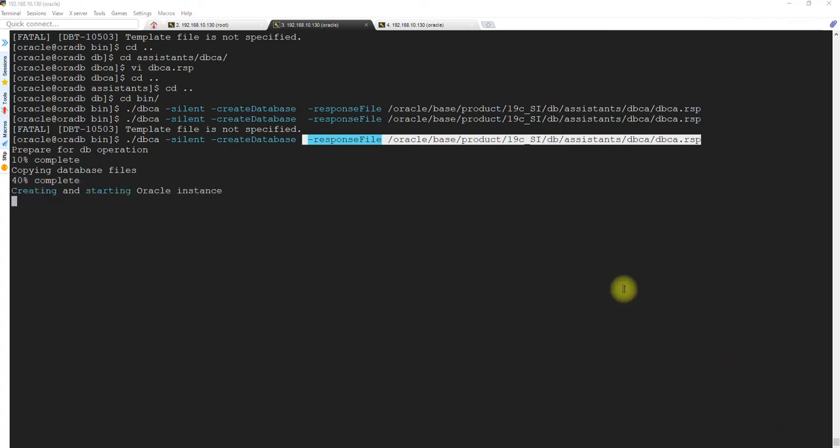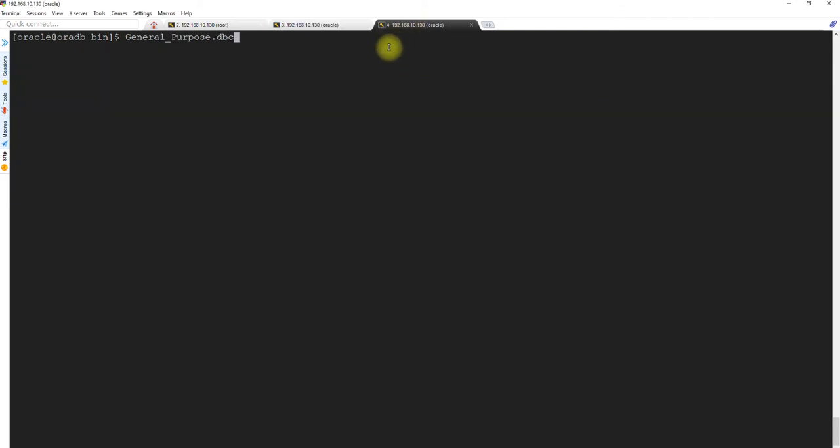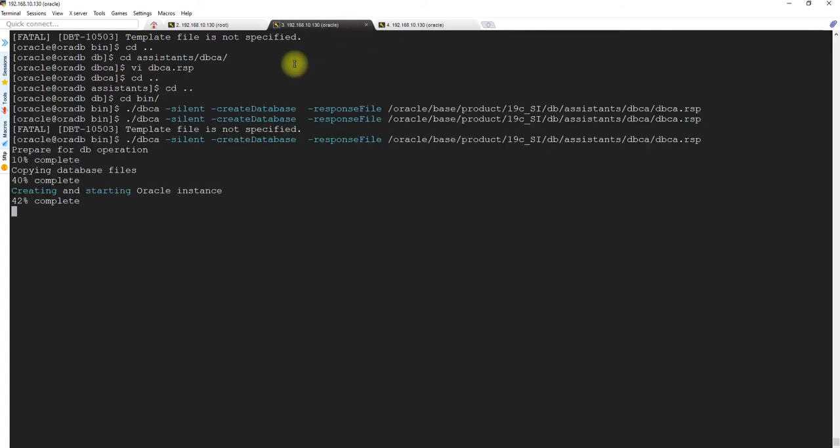Now it's creating and starting the Oracle instance. We have already specified the password. Okay, SYS and SYSTEM password. We provided the database directory as well as the flash recovery area directory, that is /oradata/fra. So it's considering everything and storing those files accordingly. Okay, now let's see what is happening. Maybe the instance has been started up. Grep pmon, yeah, the instance has been started.